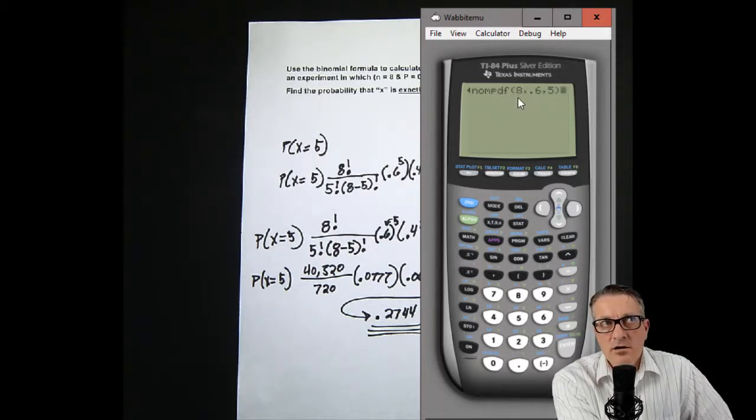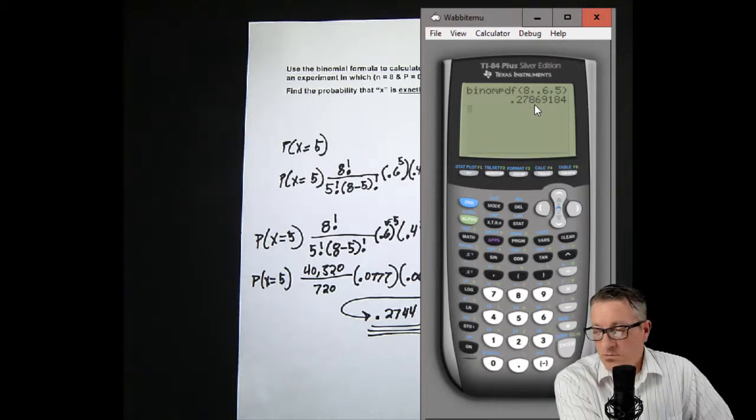If your calculator doesn't have the input screen, such as some of the older TI-84s or TI-83s, what you do is you pull up the function and then you put in the 8 comma, the comma's right here. So you go 8 comma, then your probability of success, comma, then your 5, which you're looking for. Then you have to put the close parentheses, otherwise it'll error out on you. Okay, so this put it in for us. That's really nice. So I hit enter, and our answer is